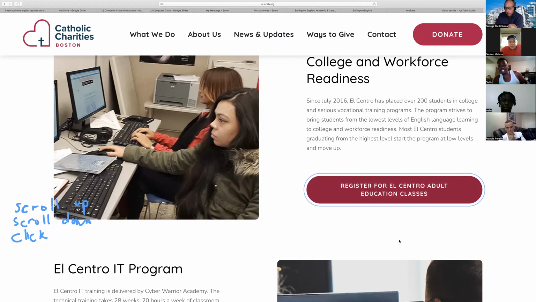For education. El Centro Edu. Ah, okay, so I click on it. Now, most of you, I'm going to show on my phone. I did the same thing last week. I scroll down. It looks like a glowing light here, but I scroll down and there it is on my phone. So I would tap instead of click. It's a tap with the finger. So I tap right there. Boom, and I'm in.